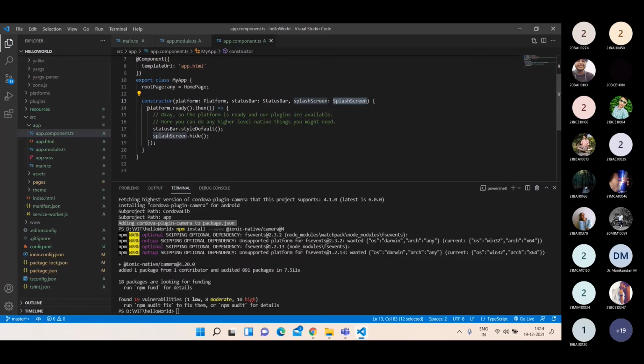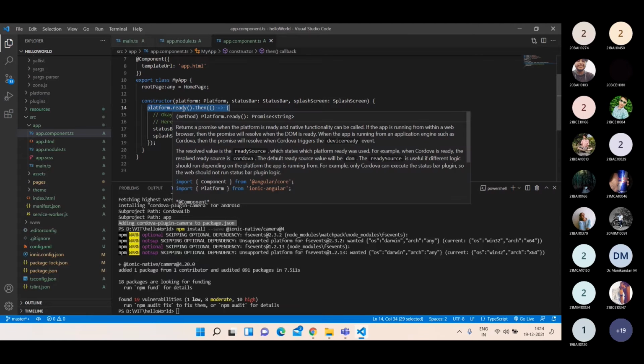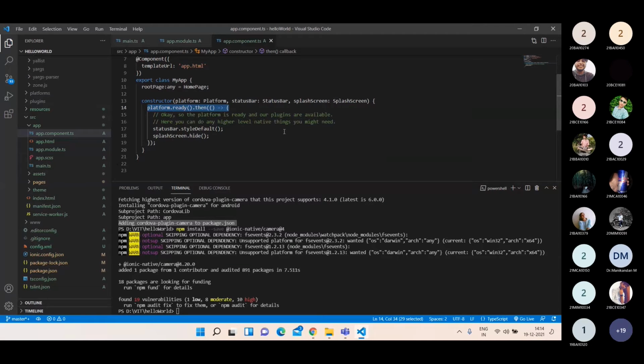So what does this platform.ready mean? You will be opening your mobile app on your real mobile. The moment you click the app, it will be extracting various packages from your data, right? So once all the packages are extracted, only then will your application show you the output.